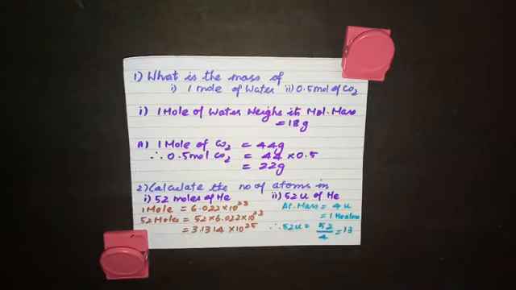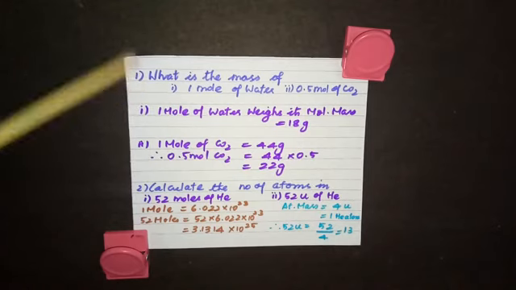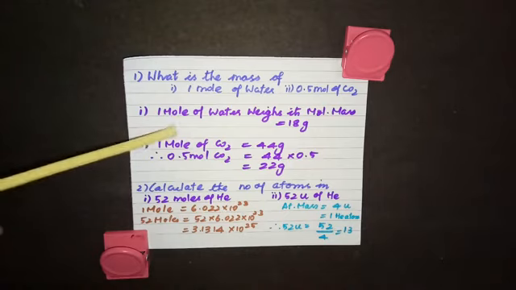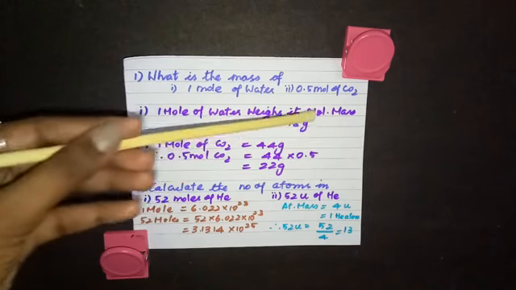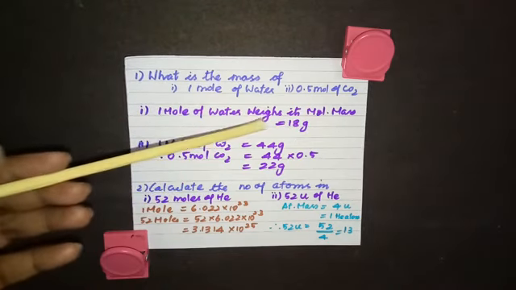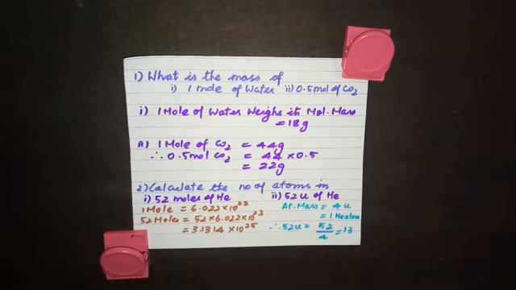Now the next example, what is the mass of 1 mole of water? And you know 1 mole of water always weighs its molecular mass. So it is enough to calculate the molecular mass. See, 1 mole of water weighs its molecular mass. Molecular mass of what? Water. So what is the molecular mass of water? 18. So the 1 mole of water will have a mass of 18 gram. And the next question,